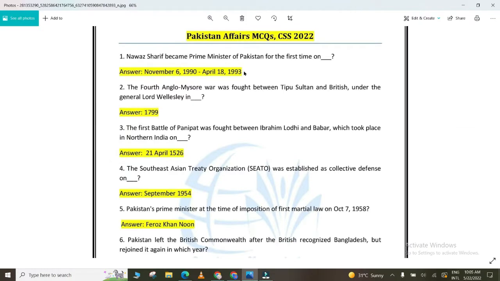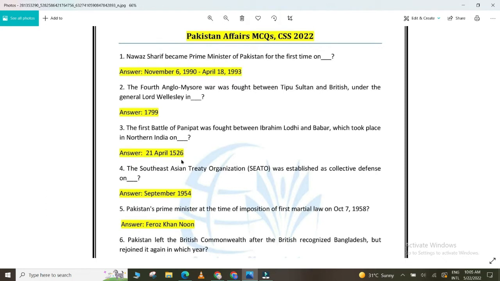Nawaz Sharif became Prime Minister of Pakistan for the first time from 6 November 1990 to 18 April 1993. The Fourth Anglo-Mysore War was fought between Tipu Sultan and the British under General Lord Wellesley in 1799. The first Battle of Panipat was fought between Ibrahim Lodi and Babur, which took place in northern India on 21st